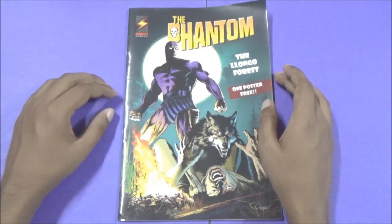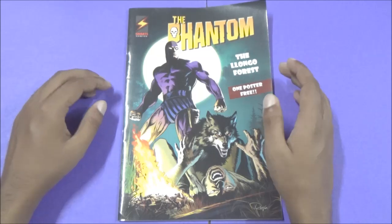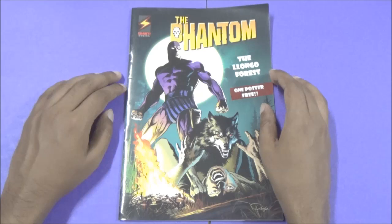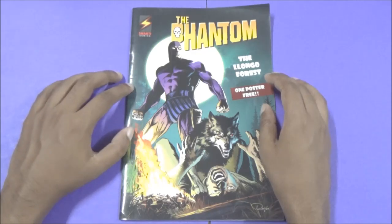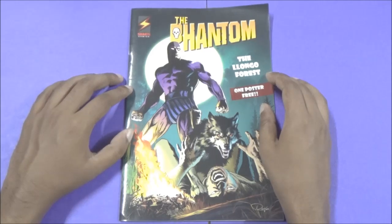So what will they do with these characters now, especially the Phantom, of course? It seems like they are moving forward. There was also a rumor at the time that they have a clothes shop, but it is not true, since we have been informed by an individual in the Shakti Comics official group on Facebook that they